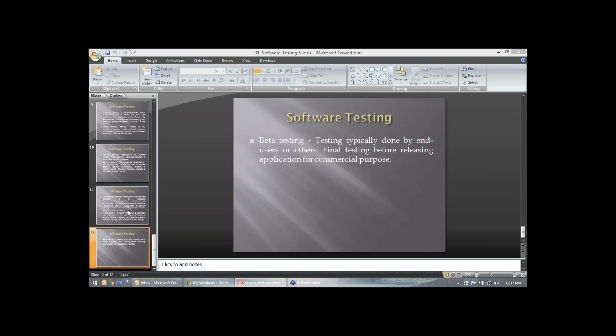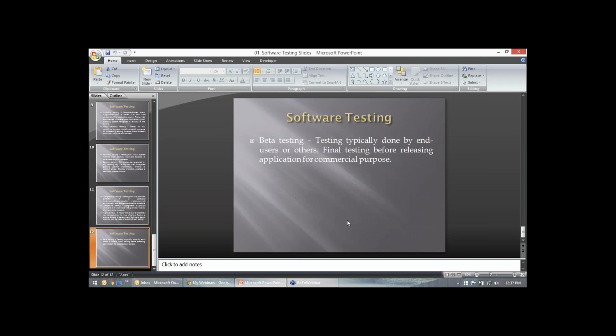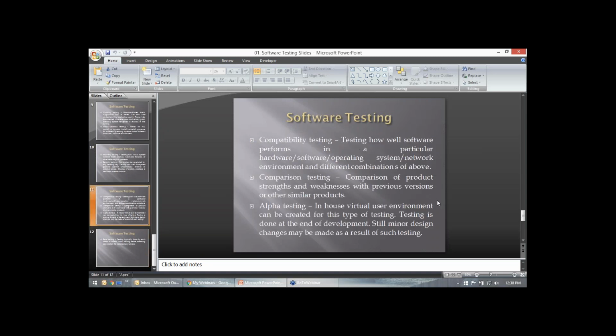See, alpha testing is like beta testing, but the only difference is that it's done by the in-house people, and beta testing is done by the users. That's the only difference. The difference between alpha testing and beta testing is that alpha testing is done by the